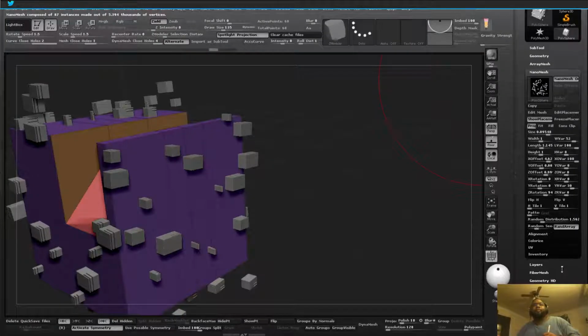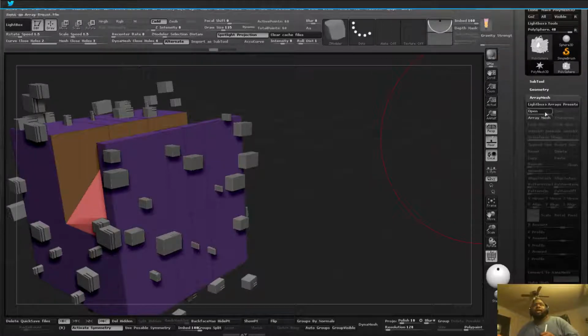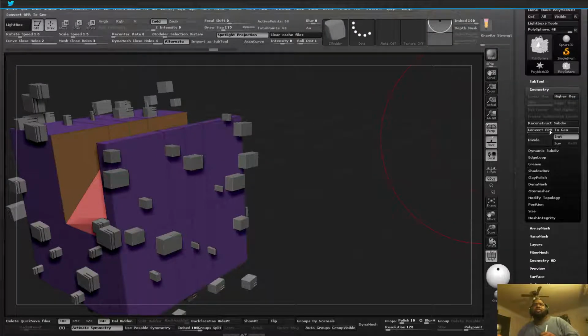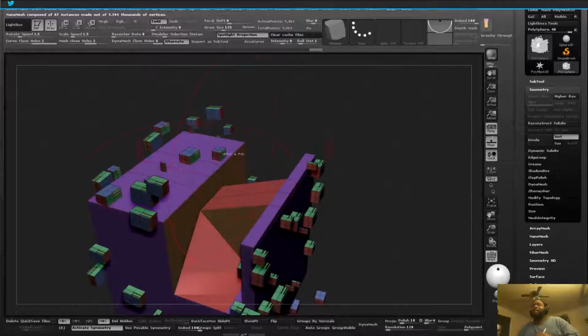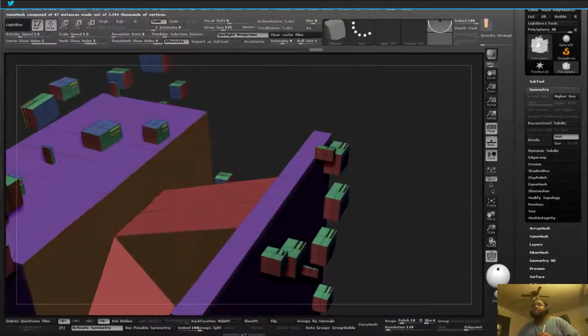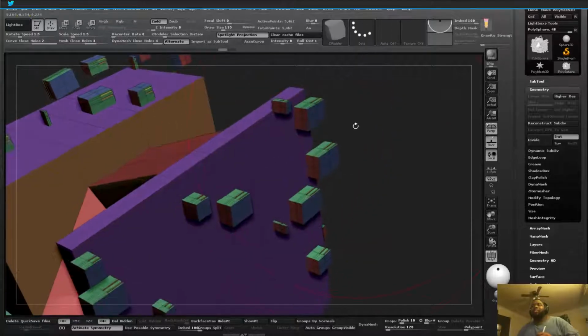Now, in order to make this into full geometry, let's go to the Geometry tab and go to Convert BPR to Geometry. Now, as you can see, all that stuff is now full on geometry. You can see by the colors, it's full on geometry now. So now I can go in, and just like I was doing earlier, mess around with the box modeling functionality